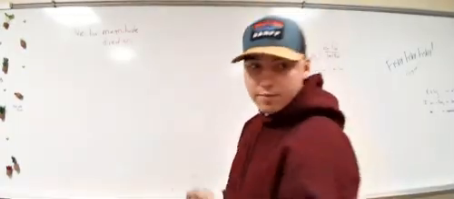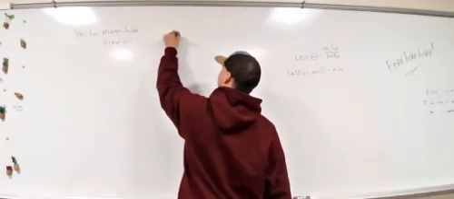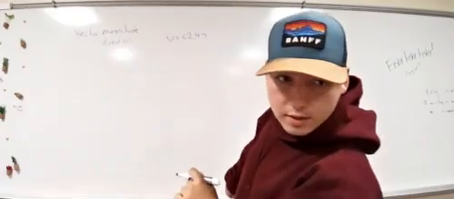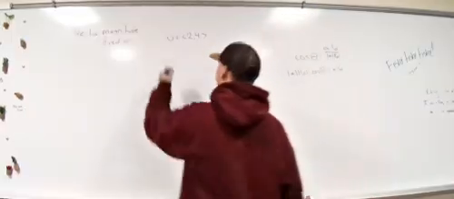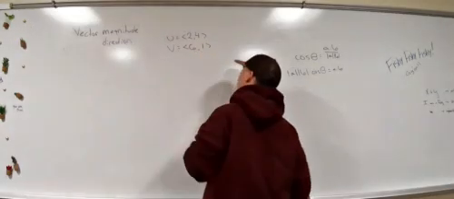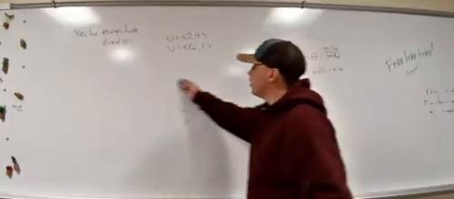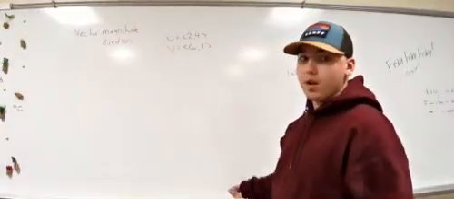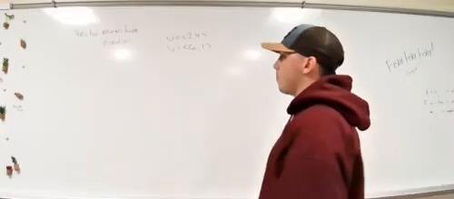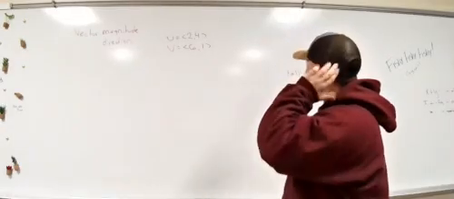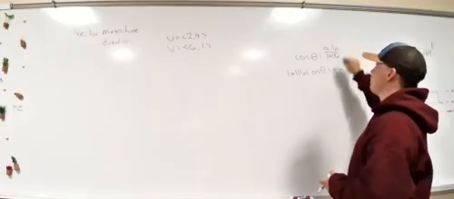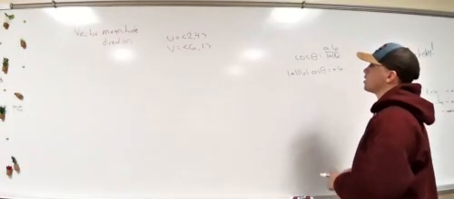So vector u is equal to 2, 4, and v is equal to 6, 1. So once we have those two there, we have to find a few things. We have to figure out the magnitudes. So if we're going to plug them into the equation,